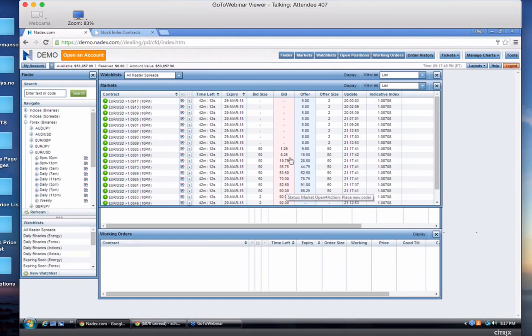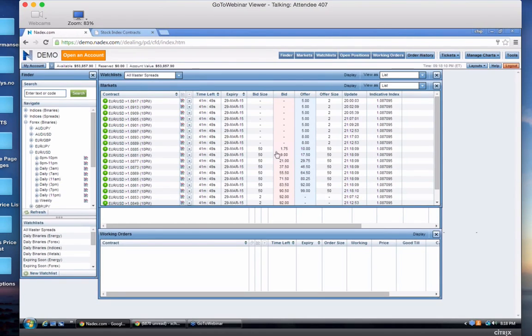If the underlying is trading at the strike, then it will be trading around 50. Neither party really has any advantage. If the underlying is below the strike, then the buyer is at a disadvantage. The underlying has to go higher to finish above it, so that's why these are cheaper.